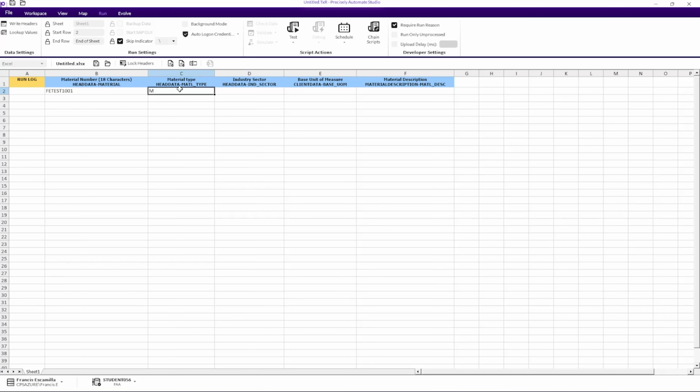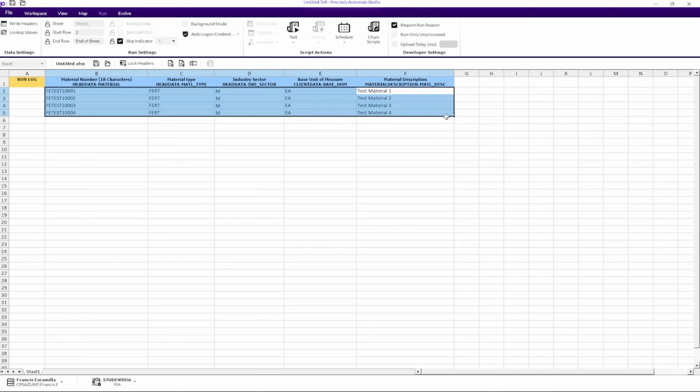Material type is FERT. Description. And just create several materials with the same information. Okay,